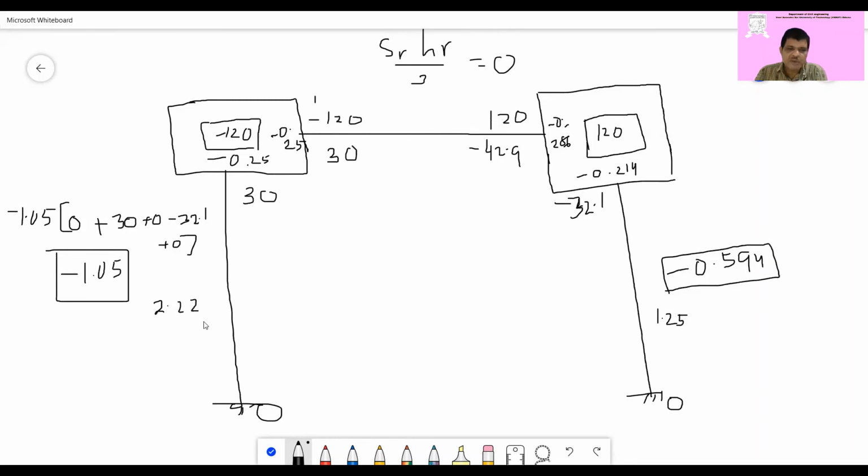So that becomes plus 2.2. If you come to this side, the same value will multiply with minus 0.594. So 0.594 means it will come nearly half of this value. So it is coming 1.25. The same calculation, only here you multiply minus 1.05. For this, you have to calculate the bracket value with minus 0.594. So you get this value. Let us go to the second cycle.